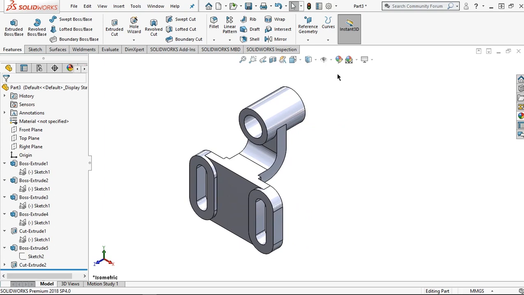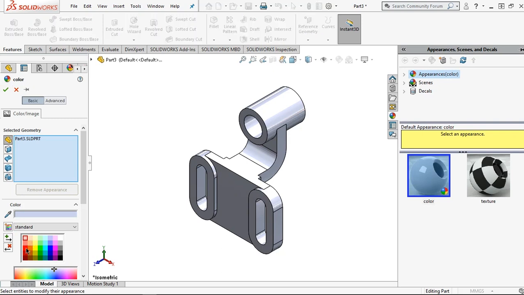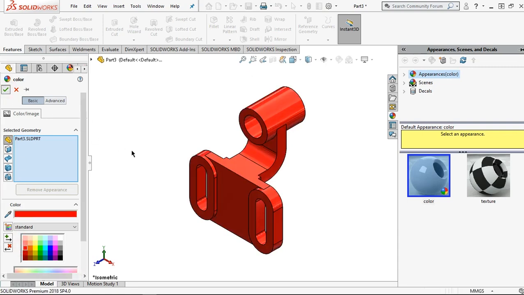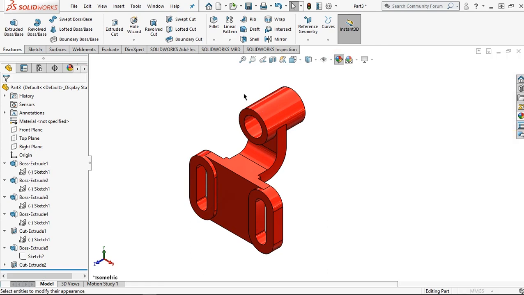And for the next step, I want to change this appearance. Click this icon. For the example, I want to make it red color. Then change for several surface color.